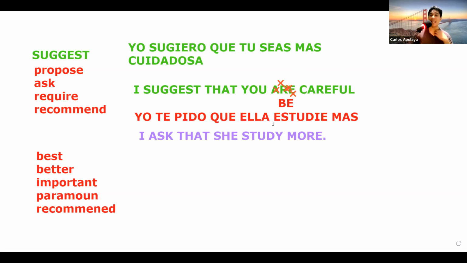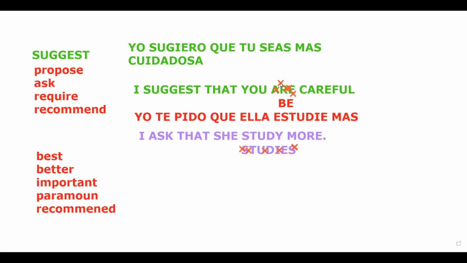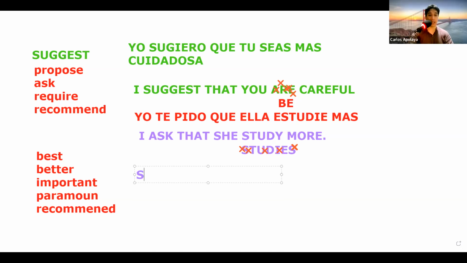Yo te pido que ella estudie más. Don't say, I ask that she studies. No. You don't use the rule here, because you have to write the verb in the infinitive form: that she study more. Did you understand? Of course. But it's different. Like, yo te pido que ella estudie más. Look at this. I asked you, or I ask her